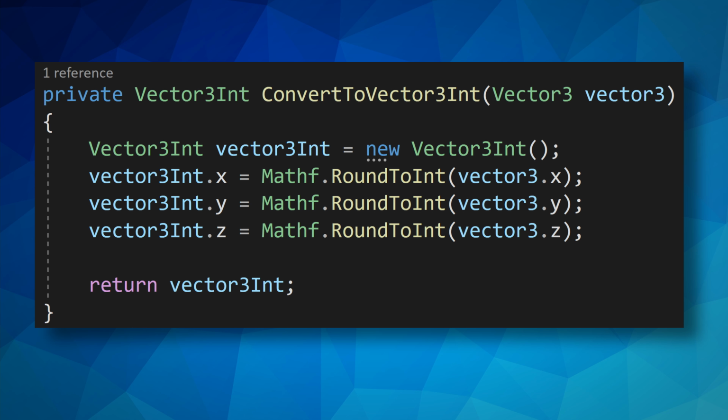Write less code and cleaner code with fewer bugs, which means you can finish your game faster. Extension methods allow us to directly operate on an instance rather than needing to pass that instance into a method. And maybe even better than that, it allows us to do this with types that we don't have access to, such as the built-in types in Unity. Or maybe you have an asset from the asset store and there's types in there that you also don't have